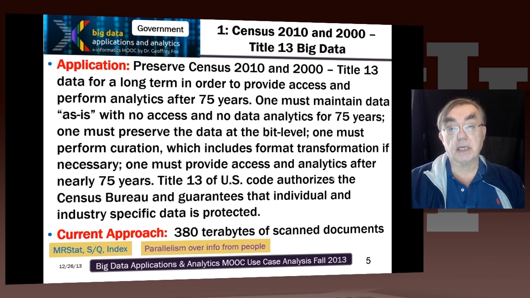So here's our first use case, which is actually rather unusual in that it's the census data from 2010 and 2000, whereby the law of the land, the data must be preserved, and you can access it, but only perform analytics after 75 years. And the data until then is stored as is, with no access to the public and no data analytics. The data has to be preserved in the totally precise fashion, accurate to the nearest bit, and if necessary, you're going to have to change